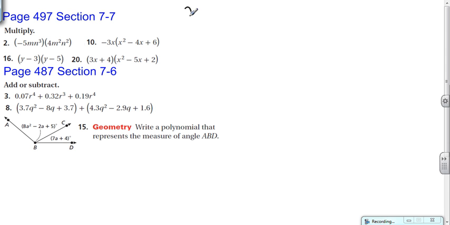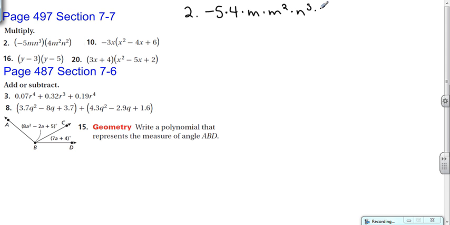Okay, number 2, you're multiplying a monomial by a monomial. So there's no plus or minus signs, it's all multiplication. I can rewrite it in any order I want. So I'm going to group the negative 5 times the 4. I'm going to put the m's next to each other, and I'm going to put the n's next to each